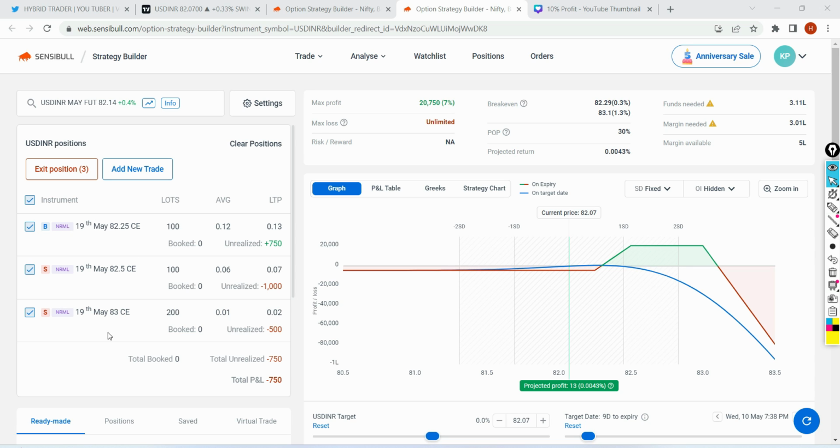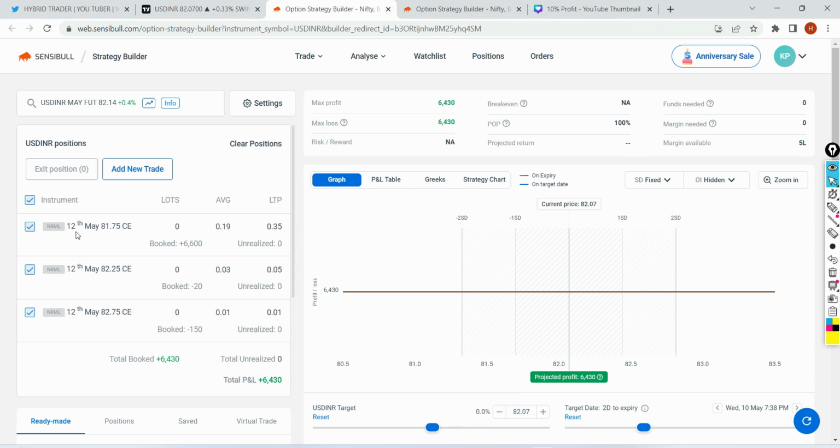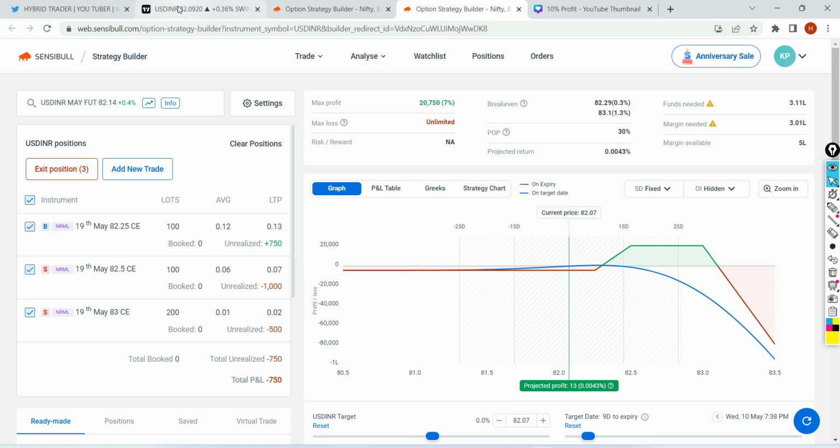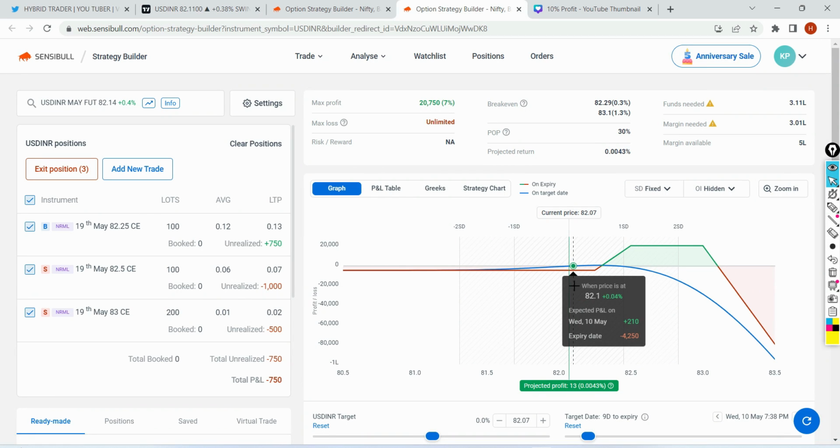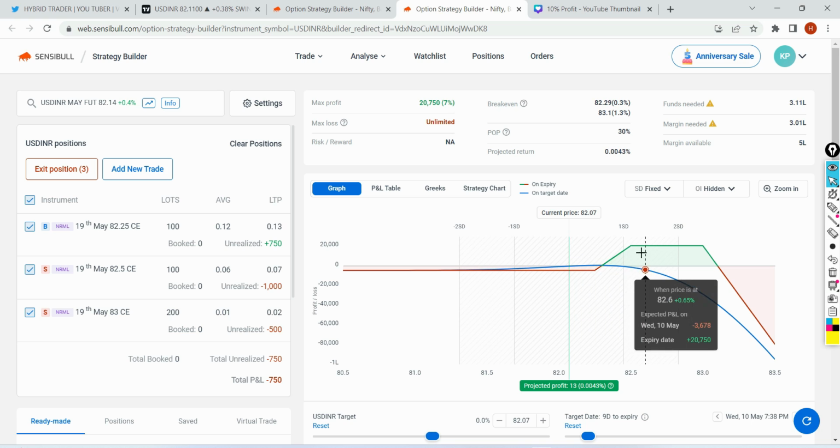Same thing for 19th May. This is for 19th May. This was for the 12th May. This I have exited for the 19th May because my view is still sort of bullish. What I did is I've entered into a ratio split. So my loss is only 4,250, but just in case the market slowly keeps going up, I'll be